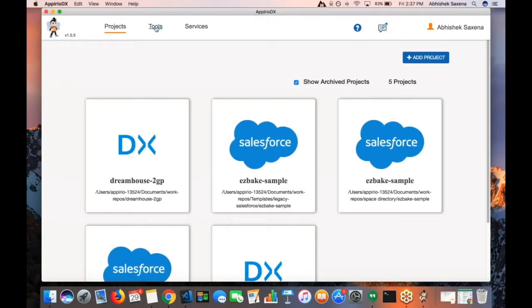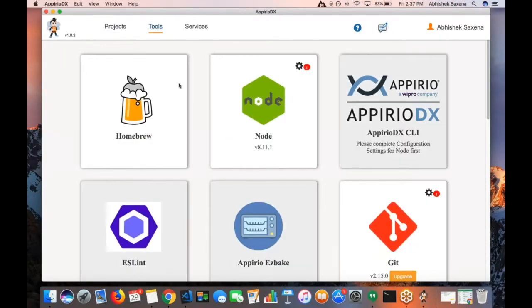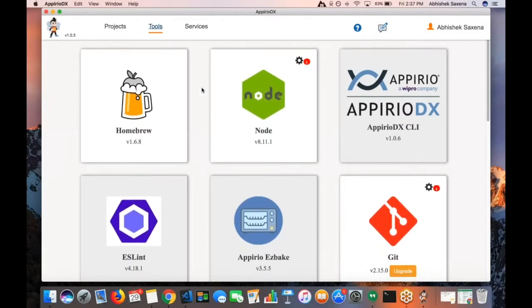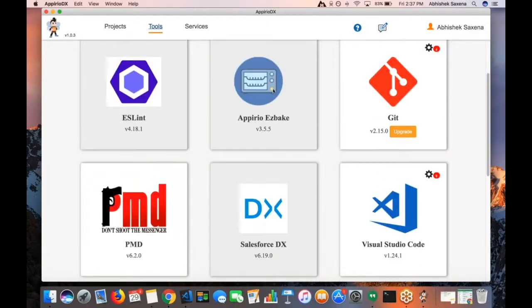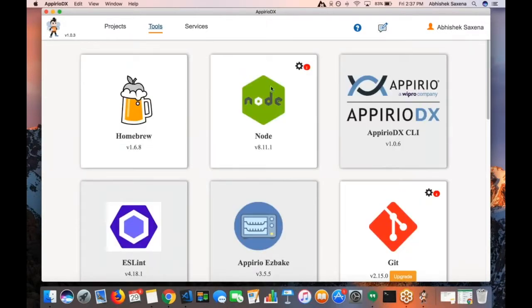Along with the desktop app, you need to make sure that all of the tools listed inside the desktop app have been installed, like Homebrew, Node, Periodics CLI, Ezbake. These are some of the prerequisites you already need to have installed on your system before you go further in this video. So once you have got these things installed,